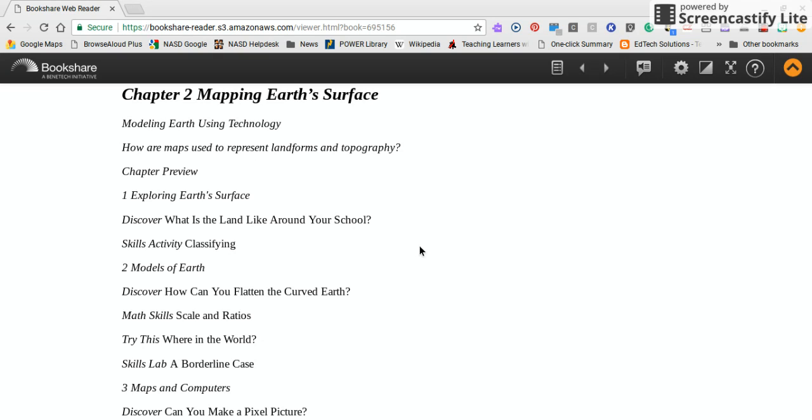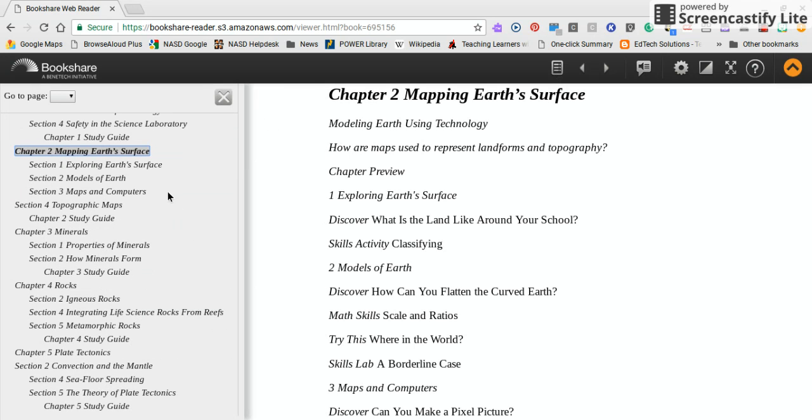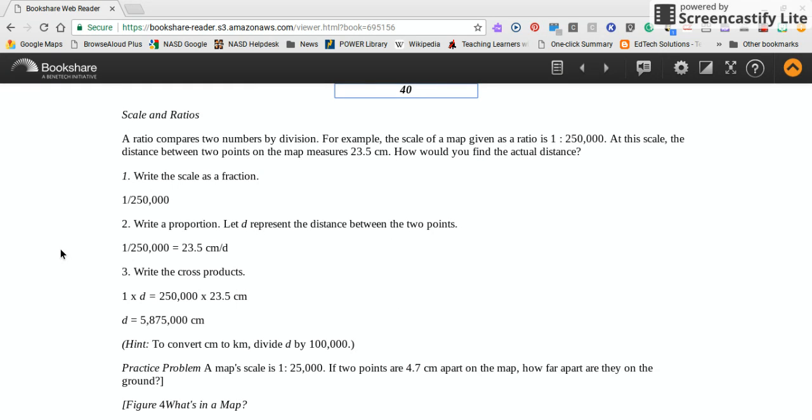To change the chapter or go to a specific page, you'll want to click up on the book icon, which is the table of contents, and you'll go over to the Go To Page option drop-down menu, and you can select the page that you need to go to. Say your teacher has you doing some reading on page 40. You'll scroll down to page 40, select page 40, and then it automatically takes you to the page that you've